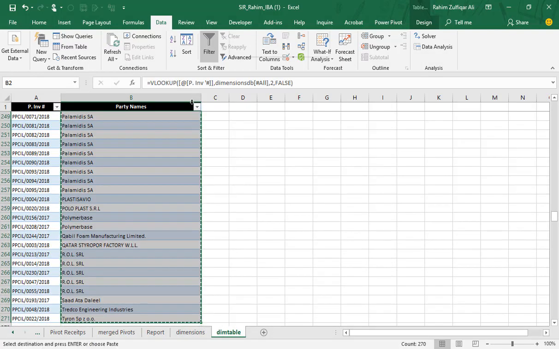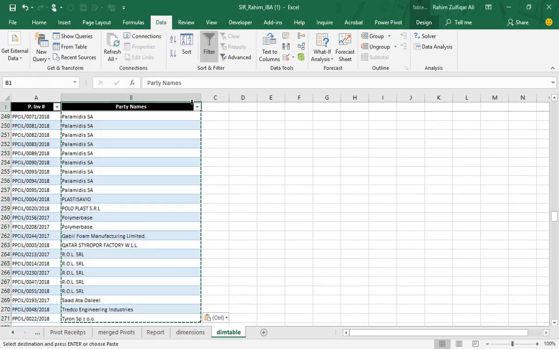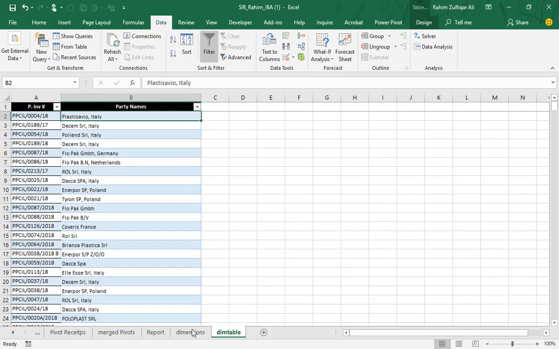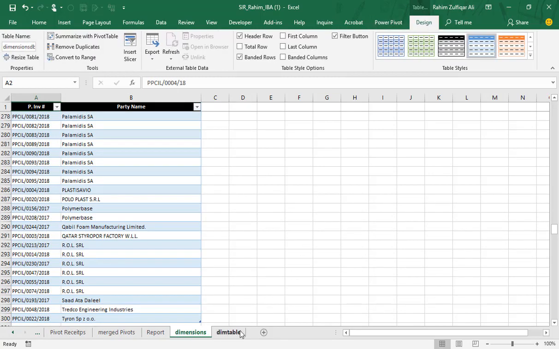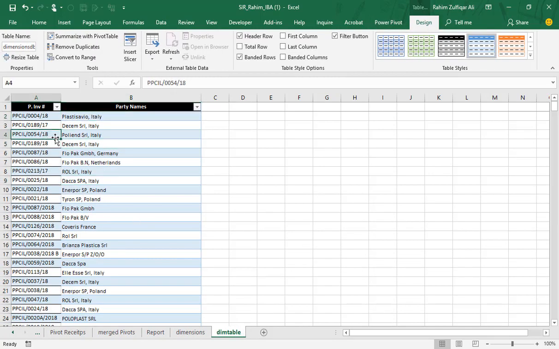Copy and paste special as values. I will name this table dim table.